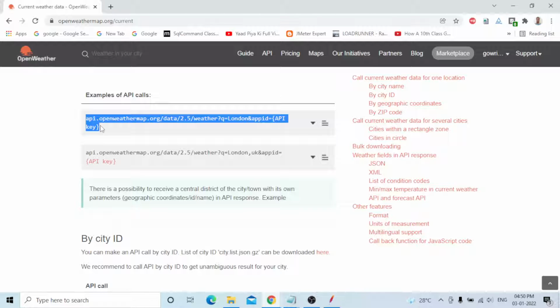You can see I am already signed in on this page; signing in is very simple. I will go to my API keys. I generated this API key today only. Copy that one and paste it under the API key.